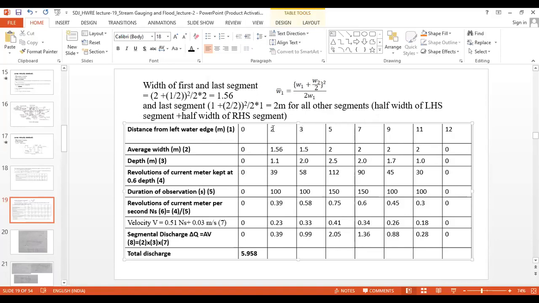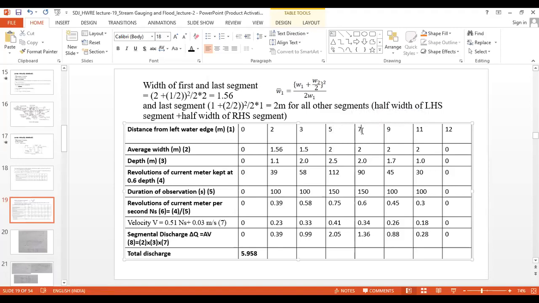So for this we can say directly, if you want to go for directly कैसा निकालने का, 3 के लेफ्ट में कितना है 2 है, यानी कि गैप कितना है 1 का है, यानी कि विड्थ कितना हो गया 1 मीटर, इसका आधा कितना हो गया 0.5, और 3 के राइट साइड में कितना है 5 है, सो कितना हो गया विड्थ हमारा 2 हो गया, 2 का हाफ यानी कि 1, so 1 plus 0.5 as a 1.5. Then for next one, that is for 5, लेफ्ट साइड का आधा राइट साइड का आधा, लेफ्ट साइड में है 3, so विड्थ हो गया 2, 2 का आधा यानी कि 1 प्लस राइट साइड का आधा, राइट साइड में है 2 मीटर्स, so 2 मीटर का आधा यानी कि 1 मीटर, so 1 plus 1 as a 2.